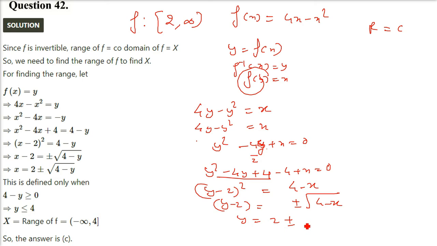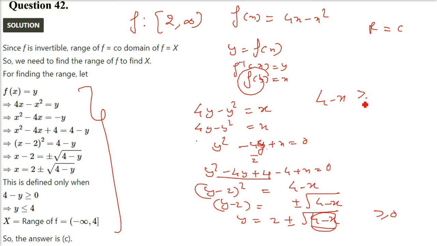Now you see on the left hand side, the solution already given to you, and this one, it's the same thing. The way of doing it is different. The range and domain will change when you take the inverse, so this is essentially the same thing we are doing. Now the under root value cannot be negative. So 4 minus x has to be greater than or equal to 0.